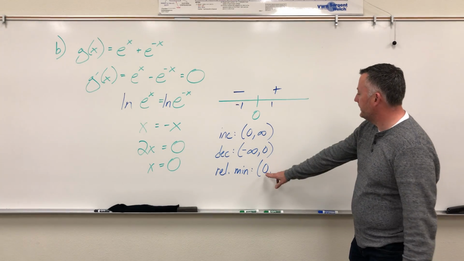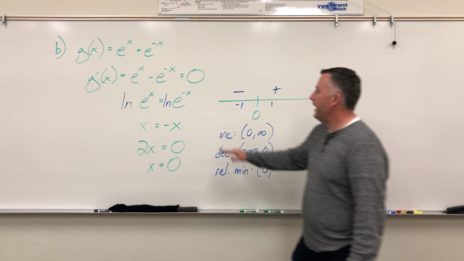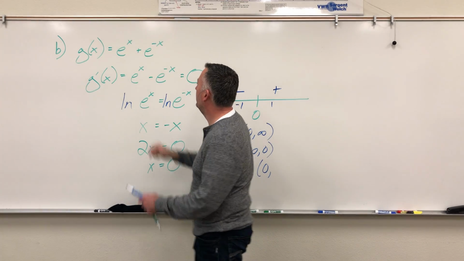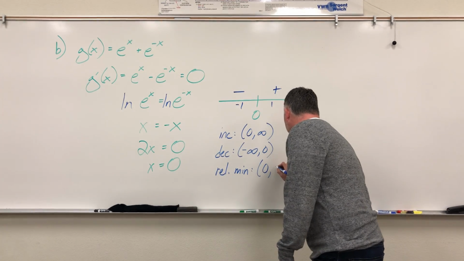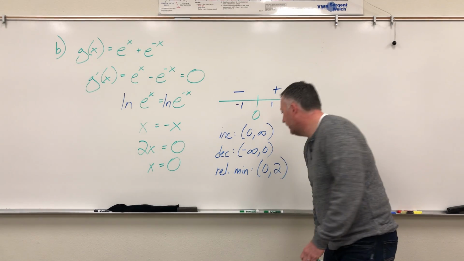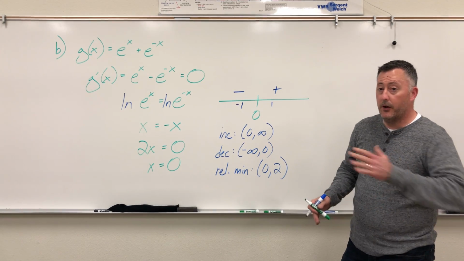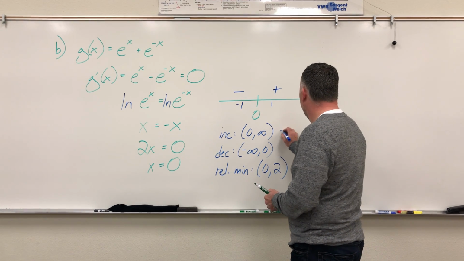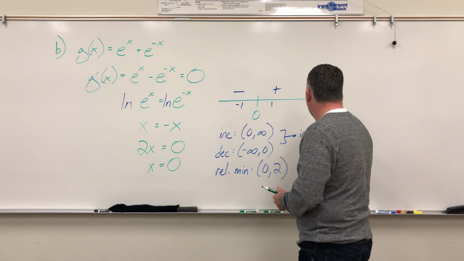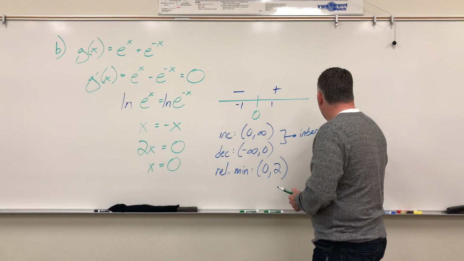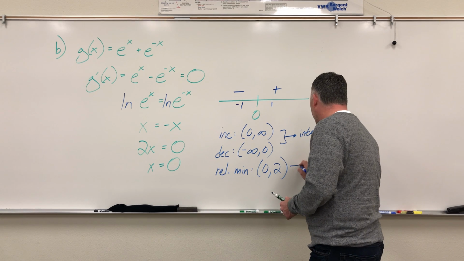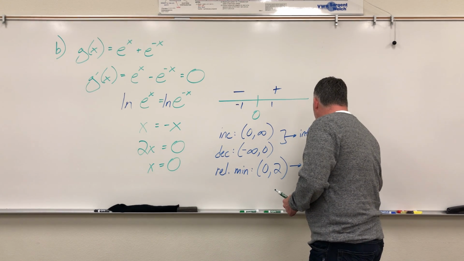So it's happening when x is equal to 0. So go back to your original function, plug in 0, and the y value comes out as a 2. Now, it's also important to note that these things, these are intervals. And when you start talking about the extrema themselves, those are actual